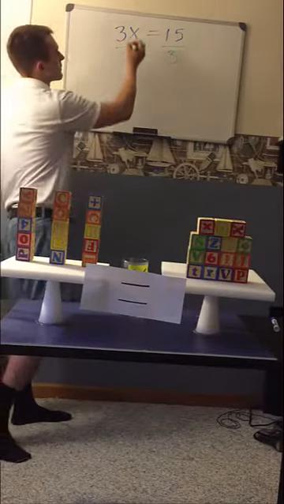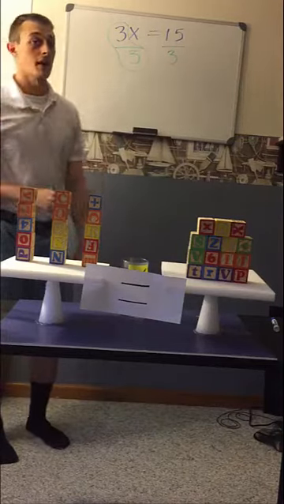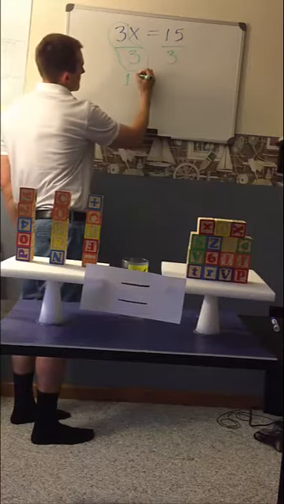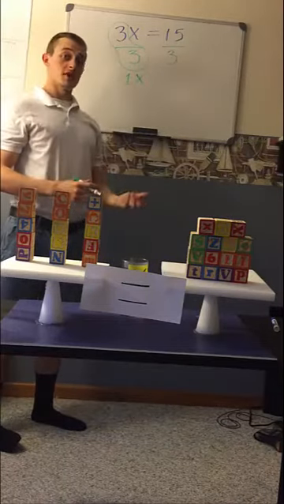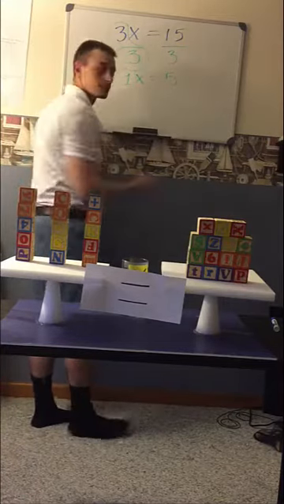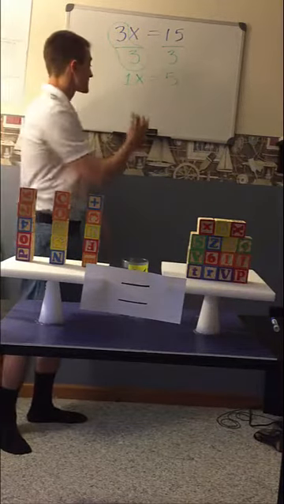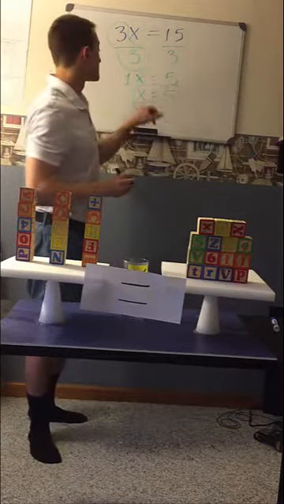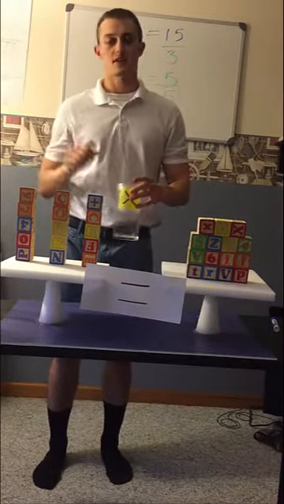And now, if you remember, 3 divided by 3 is equal to 1, so that simply becomes 1 times x. And if you remember from your basic multiplication skills, 15 divided by 3 is equal to 5. And 1 times x is just equal to x. So I know now that x equals 5 blocks, which is a lot faster than what we were doing before, where we were putting 1 block at a time into each cup.